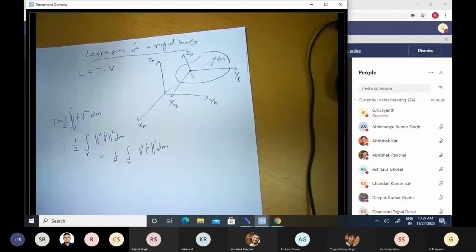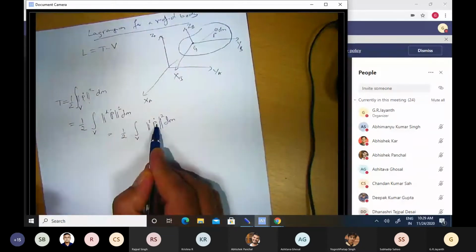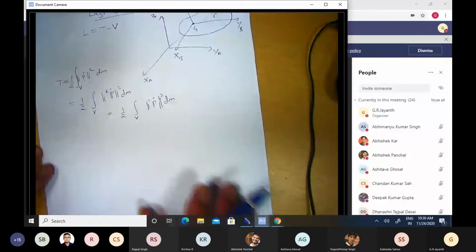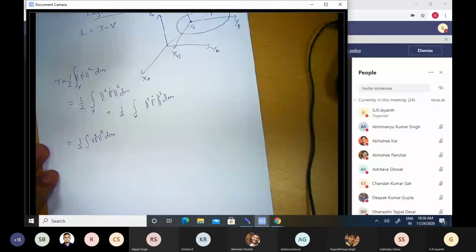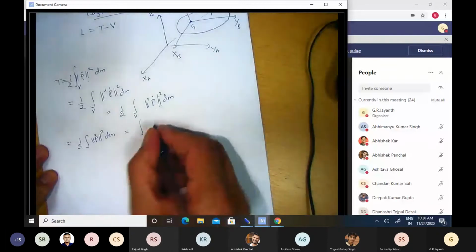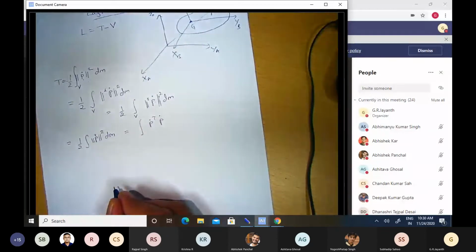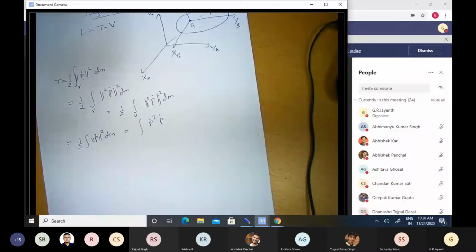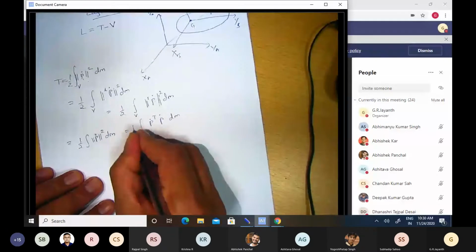right? So instead of carrying the superscript A or B, for the sake of simplicity, I will drop that superscript because the kinetic energy is independent of the superscript. Okay, so this is simply half magnitude of P dot squared dm. Okay, and the magnitude of P dot squared, if you recollect, is nothing but P dot transpose P dot. A dot product of a vector with itself is equal to the sum of the squares of its individual components, right? So that is going to be therefore equal to the kinetic energy. Any questions about this?